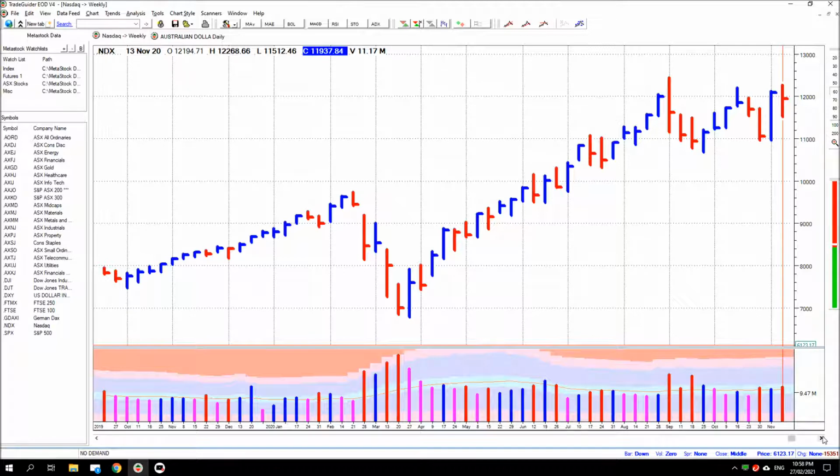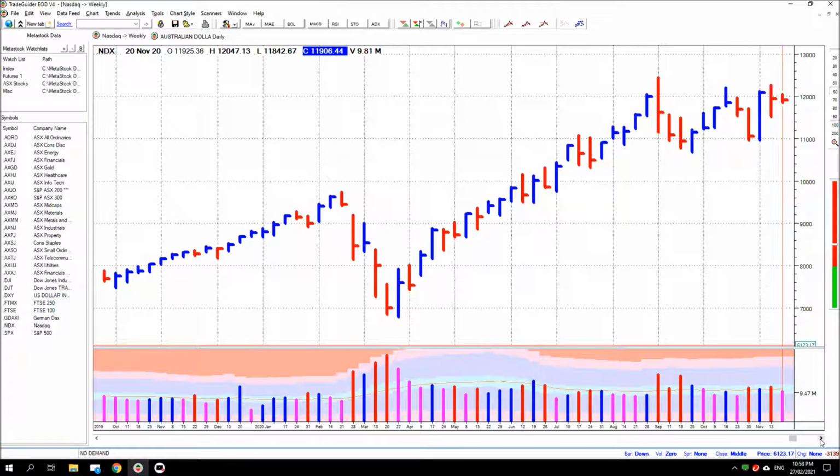So we've got likely a reaccumulation zone here, and you've got a test, not a very clear test, or an absorption bar right on the end there. You'd expect a test in response or a push higher. That would be the most likely response. We'll go ahead a bar now. You've got a little test. It's not a very clear test, not a particularly great test. Very narrow spread for a weekly bar.